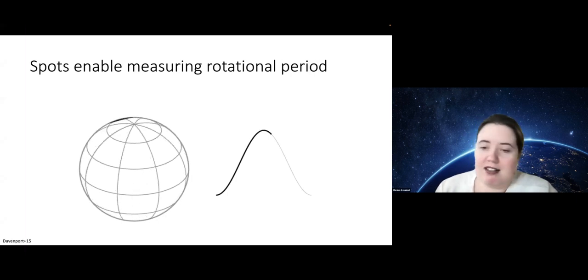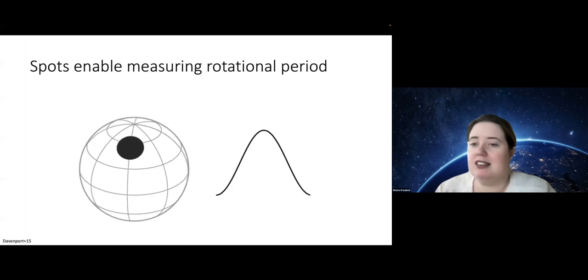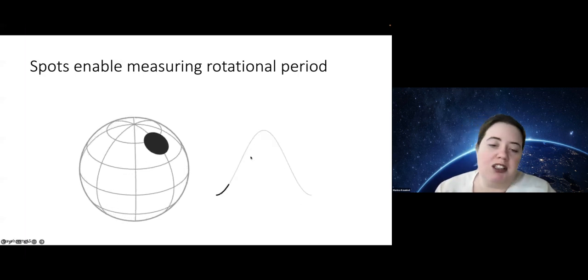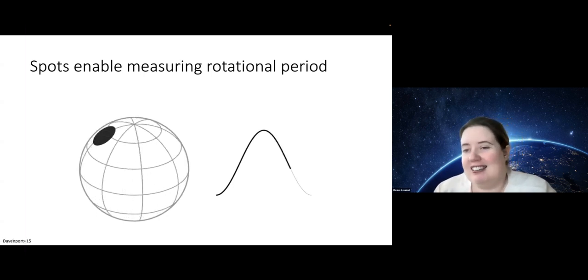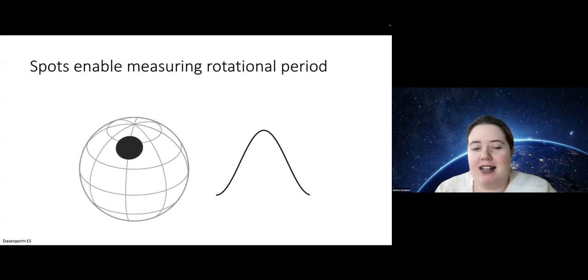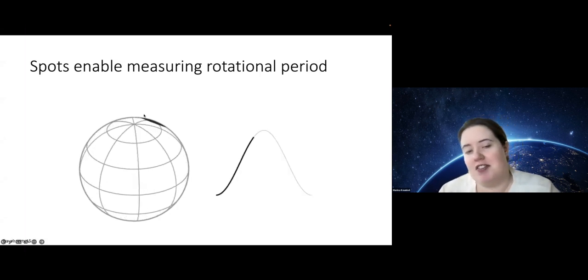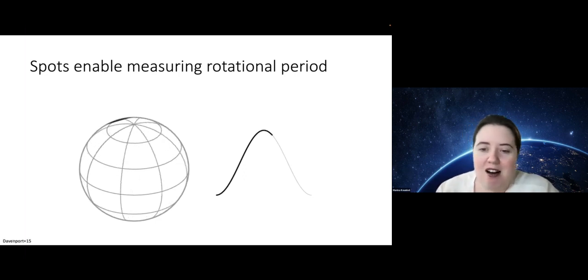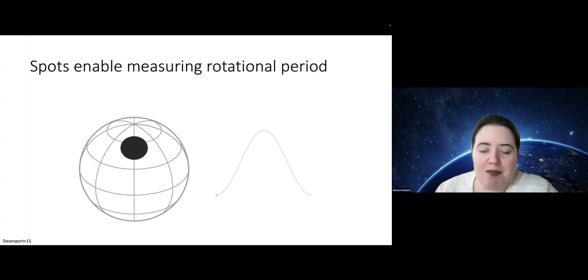Now, it's a bit more complex than that, because you could have multiple spots that might interfere with one another, and if a spot is found on the equator, then that would have a slightly different period than a spot found higher up due to the differential rotation of a star. But still, these complexities are a bit too messy for us to get into.